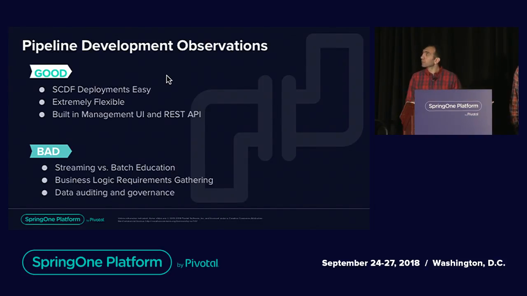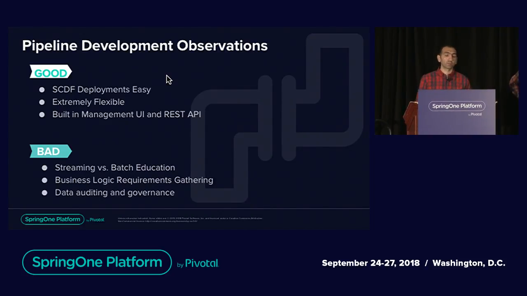The dashboard, the UI part, is a graphical editor for building new pipelines, and it gives you the ability to view all the deployable applications, all the running applications. It gives you all the metrics. Also, there is a very simple and easy streaming DSL, where you can define the pipeline and launch pipelines. Also, there is a CLI interface available.